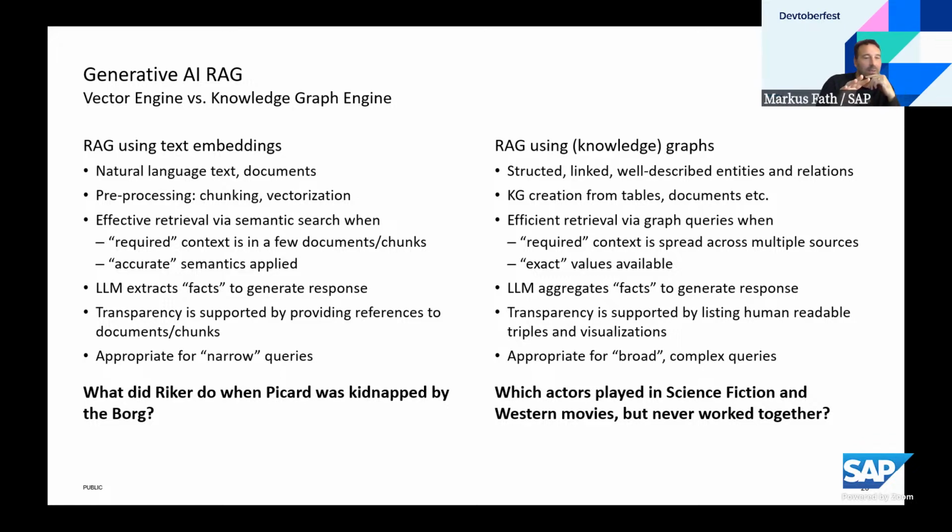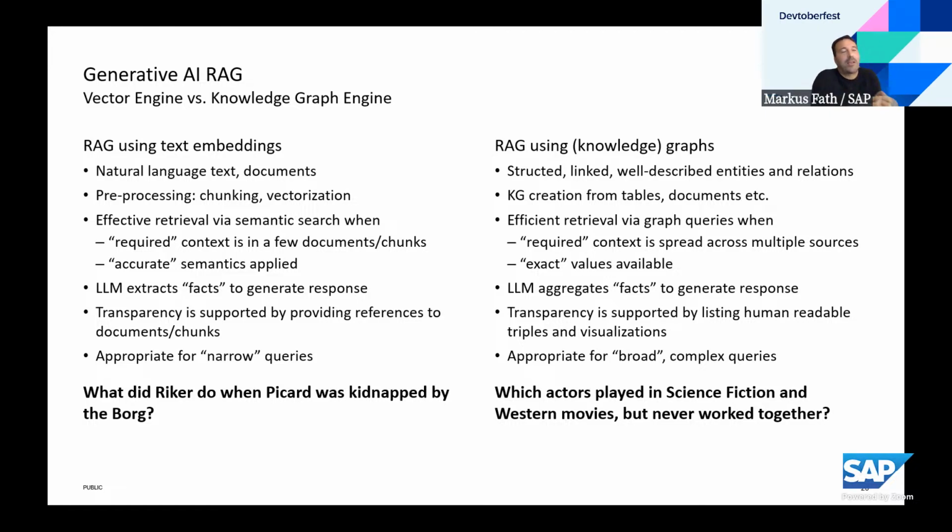And it's working well if your end user queries are rather narrow. That means the context information can be found in a single or in a small set of chunks or documents. The large language model then simply would read these natural language chunks, so to say,